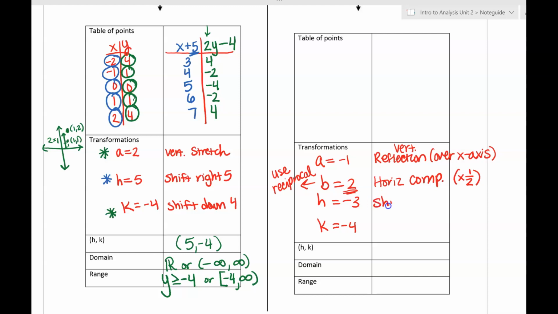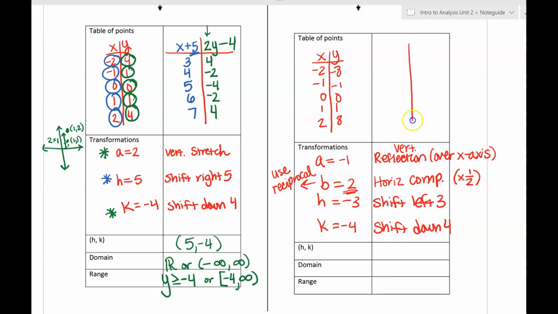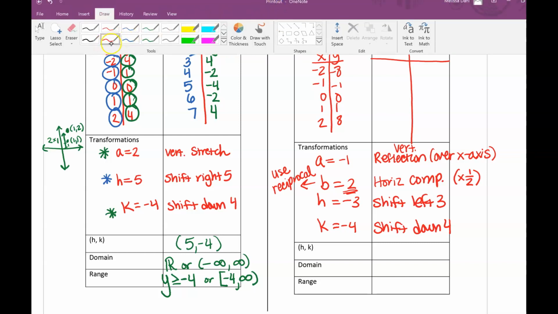The h value of -3 is a shift to the left 3, and the k value of -4 is a shift down 4. And now we want to be able to put these things into our table to adjust our parent function points. So first thing, you have to have memorized or have a quick way to make your cubic parent function, which should look like values like these. And then we should understand how each of these transformations affects the arithmetic on these point values to change the